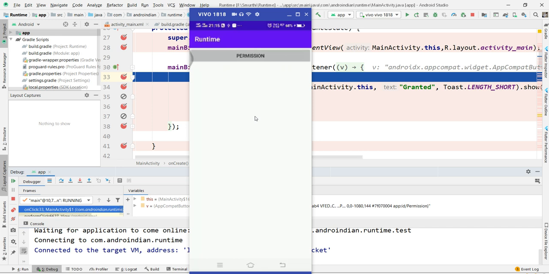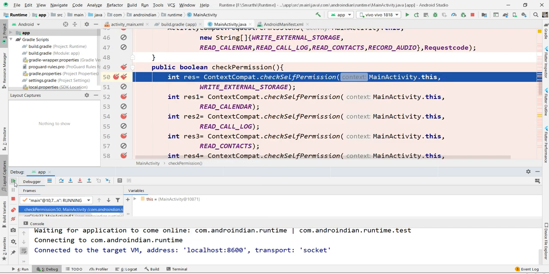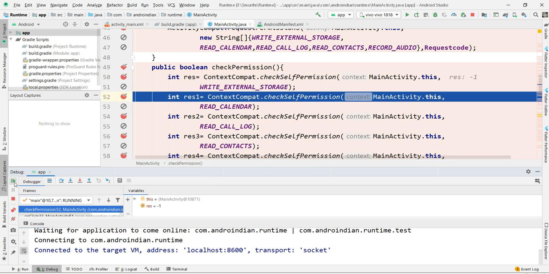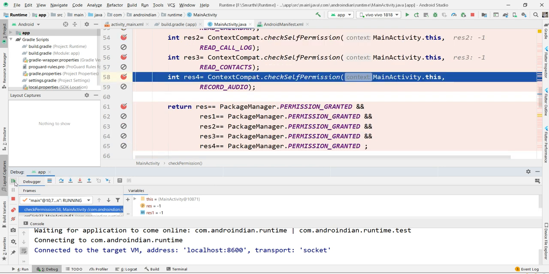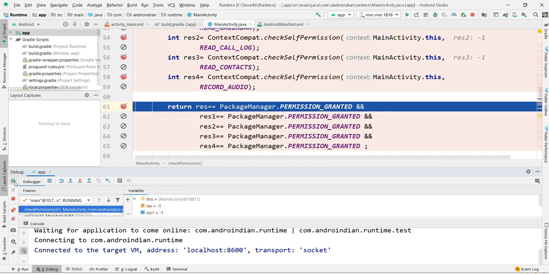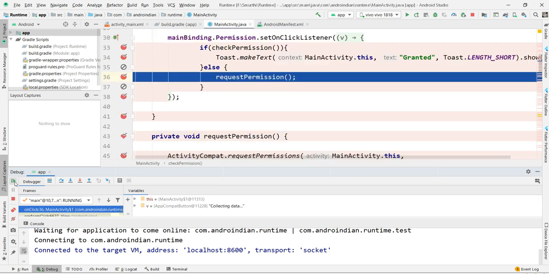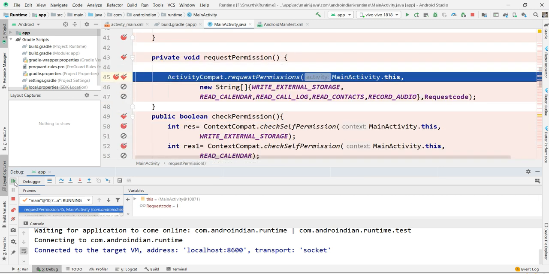Once I click on this, see, instead of the dialog coming up, it is showing this. Now I'm clicking here and it's executing line by line. See, -1, 1, 1, response, it is checking everywhere. No condition has been enabled there. Now it is checking whether the permissions are granted or not.